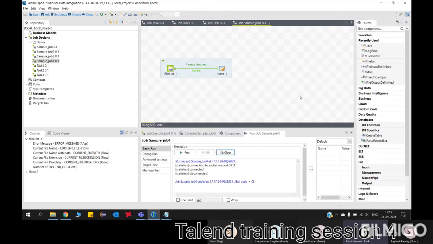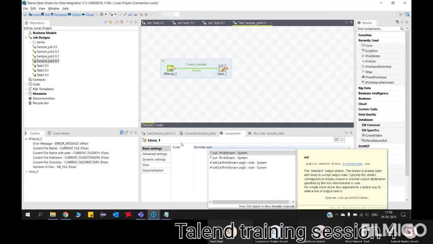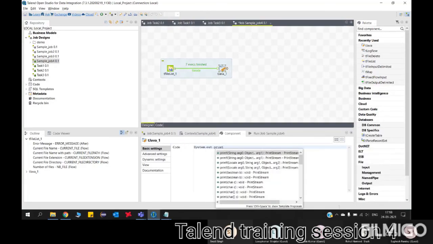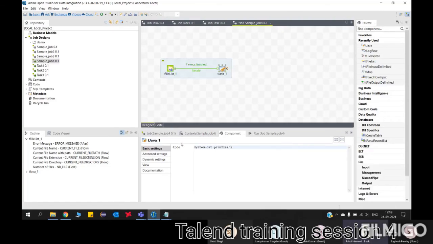Now double click on the tJava component and write System.out.println. In quotes, put "file name is" in double quotes.